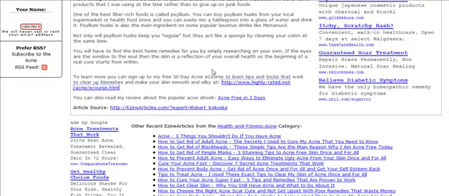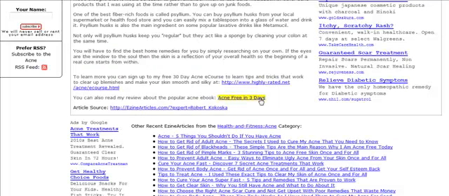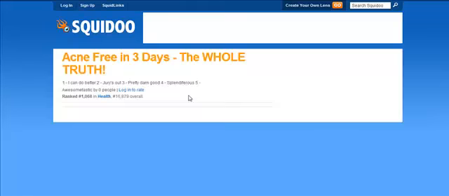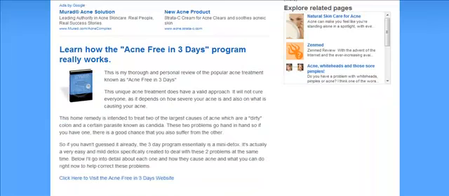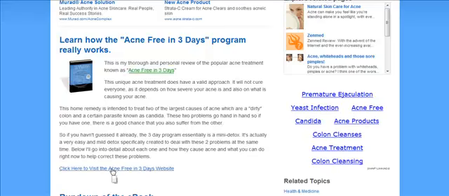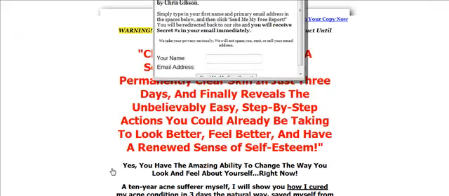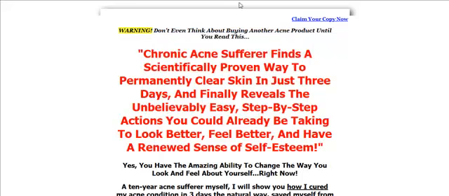Now I must say, as far as this one goes, this one basically didn't do a good job because it linked me to something about weight loss when I was looking at something about acne. So if I were to click on this link here, this should take me to a little better page. And it does. So this takes me over to a Squidoo lens that actually pre-sells people on my affiliate link. Squidoo lenses are free to set up, and basically if you click on this, boom, that link right there redirects to kind of like an affiliate link. So boom, right there, there's now an affiliate link here,